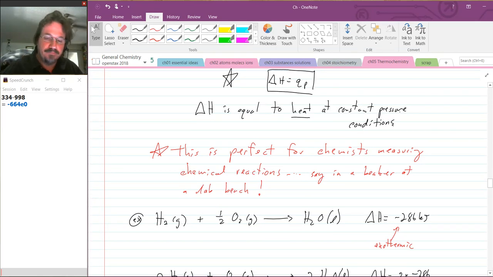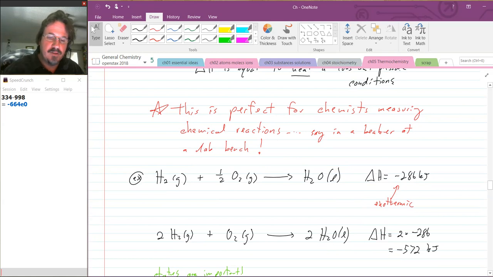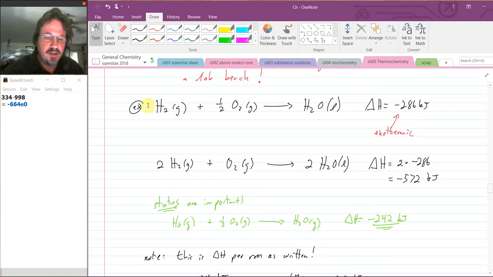Okay. All right. Again, this is what I've got here in my notes in this red. Perfect for a chemist. Here's a reaction. Hydrogen gas plus oxygen gas. That's a combustion reaction. Produces water when you combust that. I've balanced it here. Got a 1/2. Why did I balance it as a 1/2? Because I'm looking at what is the heat or the enthalpy change when I do just 1 mole of hydrogen. So I wanted a 1 in my balanced reaction here. Therefore, this had to be a 1/2 in order to get that to balance correctly.